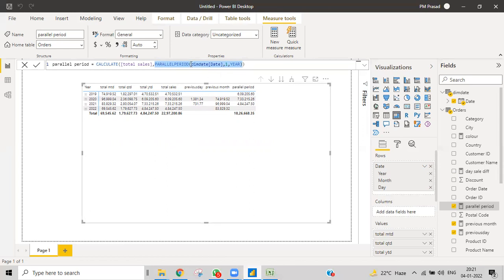People don't remember this, and then people think about what we can do, because they don't remember that there is an option to get the previous year sales or whatever it might be. They forget that, and then they can't do that. That is the only reason. Okay, practice on this.